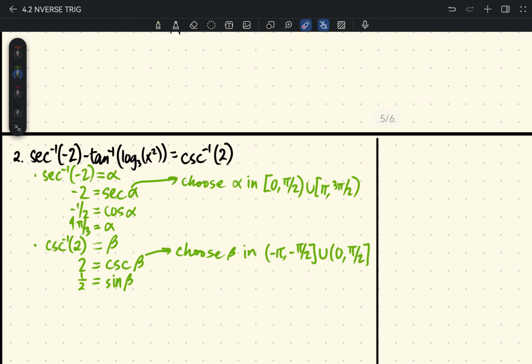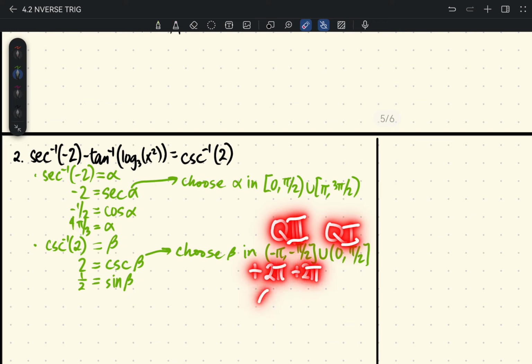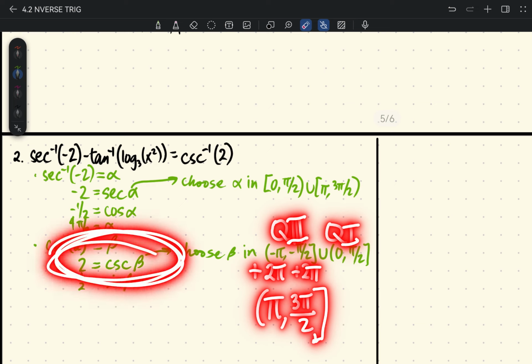This one right here corresponds to quadrant 1, and this one corresponds to quadrant 3. Why quadrant 3? If you add 2 pi to both sides, you get pi, comma, 3 pi over 2. And this one is in quadrant 3. But since you have a positive cosecant,